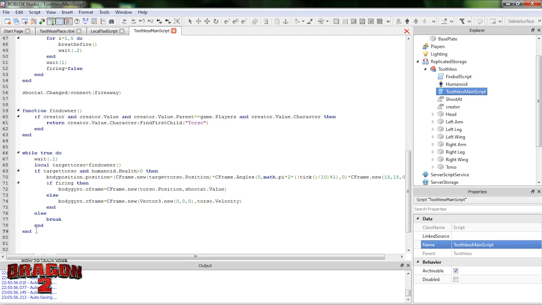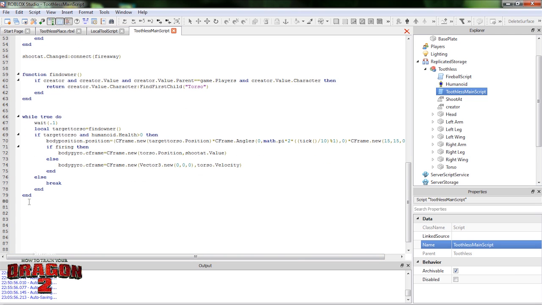So what I'm doing here is if we can find the target torso, which is the guy that we should be following. That's what target is. It's the guy that you're following. And your own humanoid, that's Toothless's humanoid, if his humanoid has more than 0 HP. So if he has less HP, or he doesn't have an owner, then it does a break. Both of these have to be true, and if either one of them is false, then it does this else, and it breaks. And break means that it breaks out of this loop. So this loop stops, and then it continues on line 80 and down. So we're going to want to actually put down here